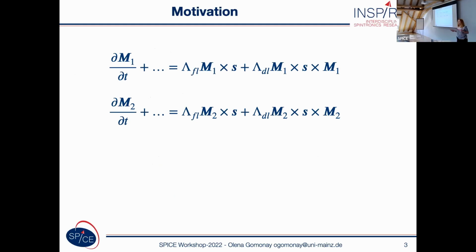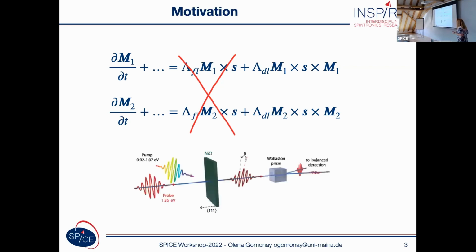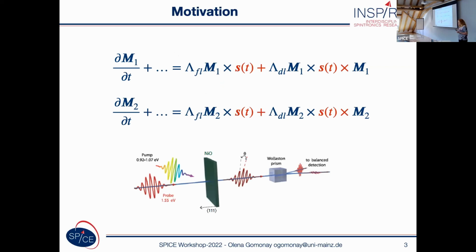However, we have a problem. If we use DC spin currents, then this field-like torque is very small because of the properties of antiferromagnets and compensation of the net magnetic moment. However, nowadays we can use a very short current pulse, which can be created optically or by the current. And in this case, instead of DC spin currents, we can have time-dependent pulses.